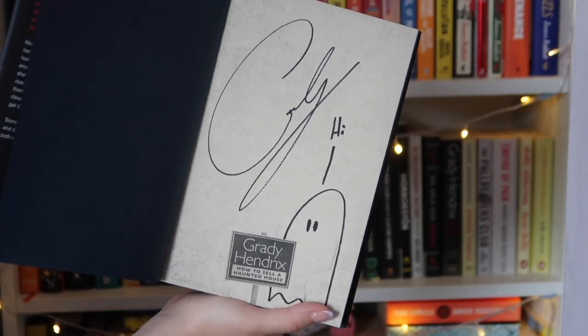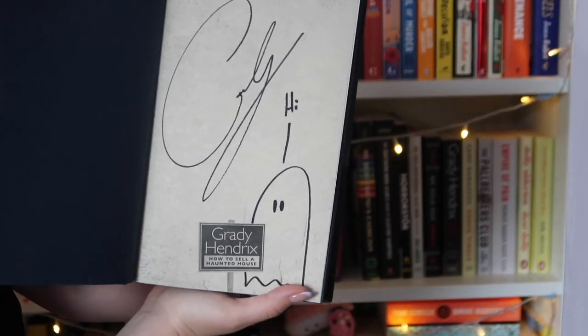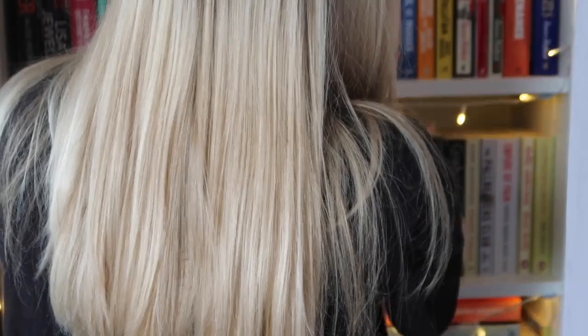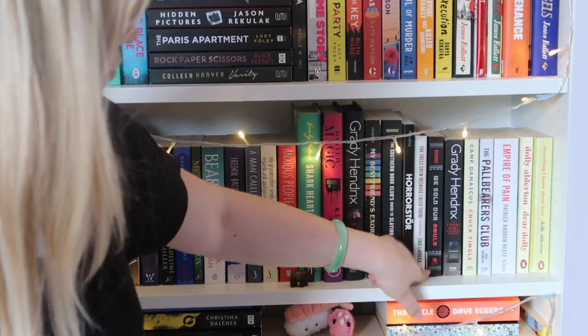How cute is that? I thought that was literally the cutest signature I've ever seen ever. So yeah, that is my little special edition, which I thought was adorable, and I just saw that in my local bookshop at uni, my local Waterstones, so I wasn't expecting to have really cute little special editions there, but they did. So yeah, then we go into some more horror, and I haven't read We Sold Our Souls,